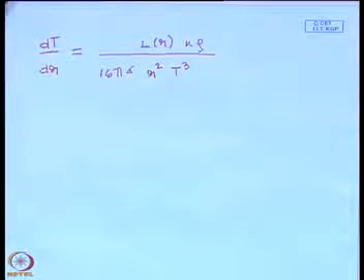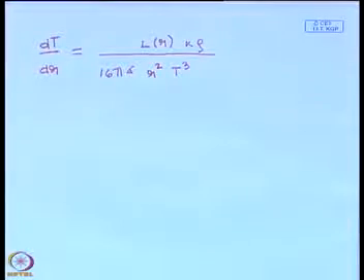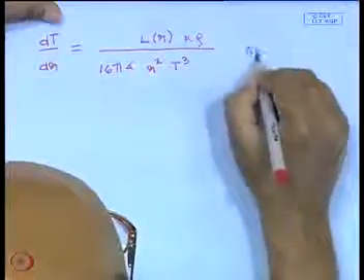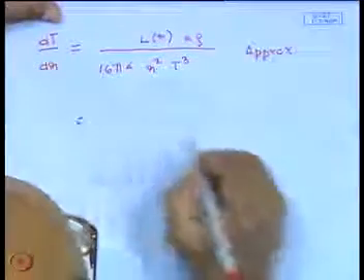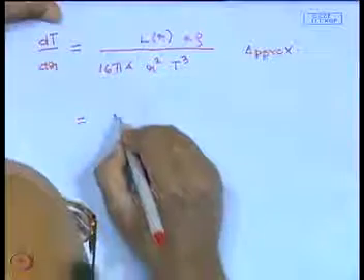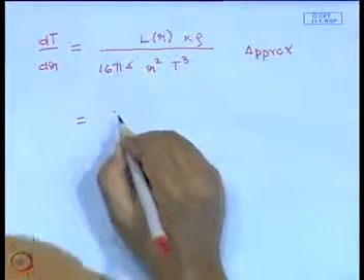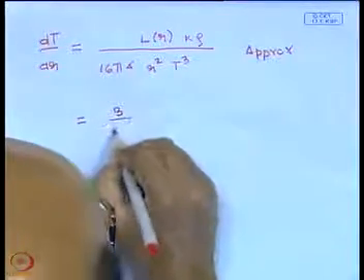This gives the temperature gradient in the sun, in a star. This is an approximate formula that we have derived. Our calculation here has been rather approximate. If you do a more detailed exact calculation, instead of 1 by 16, you get 3 by 64